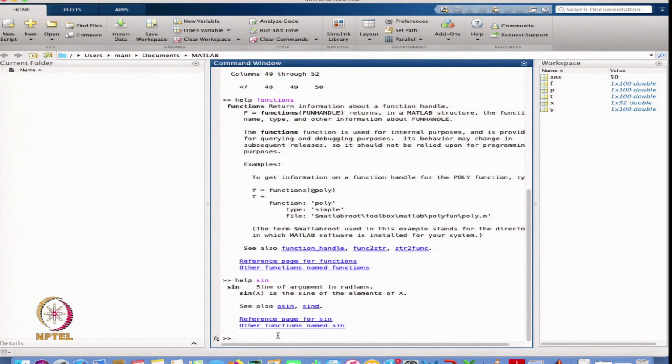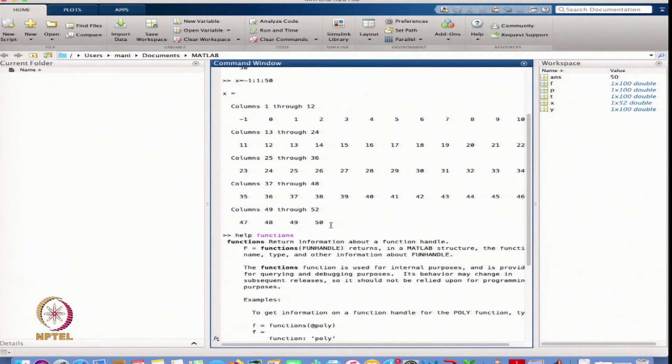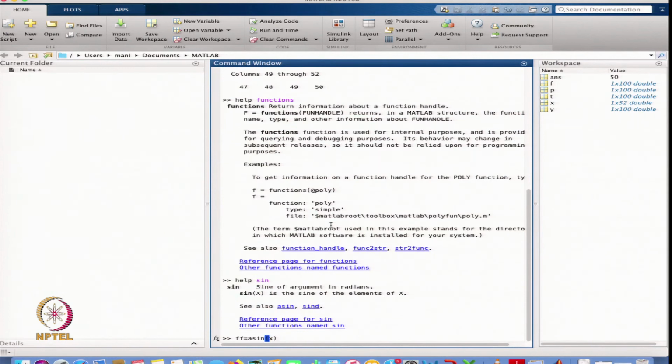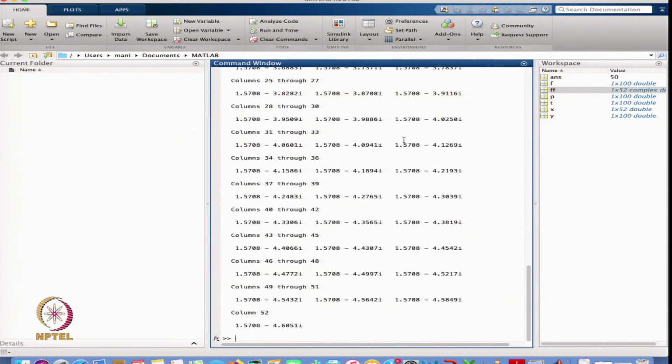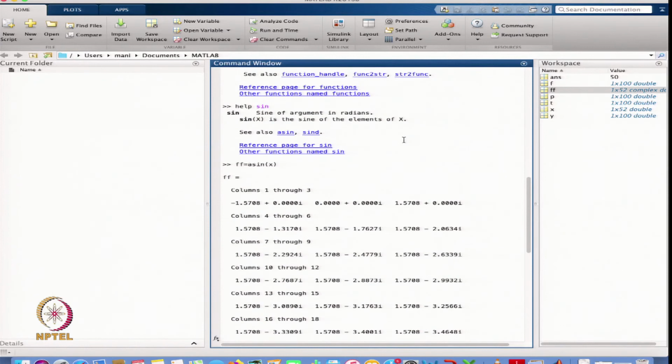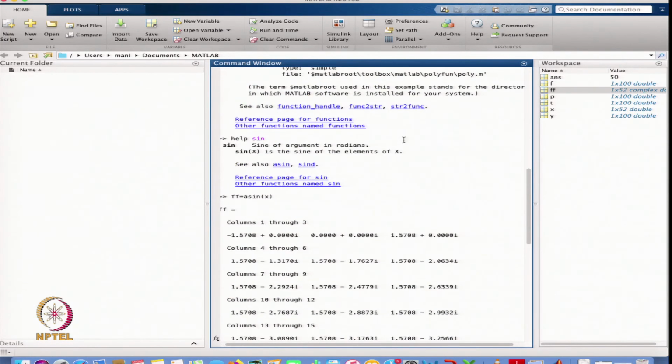So, let us define the function double f is equal to asin of x. So, that is the function we are getting for asin, inverse of the sine, and it is coming out complex here.